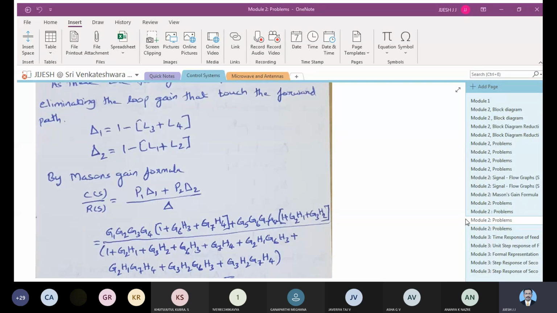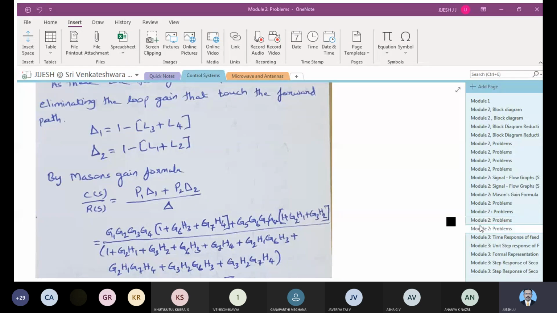Further on, you also found the equation for this problem, the transfer function, where you found that the paths P1 and P2 are available, and 4 loops were possible, non-touching loops. When 2 are taken at a time, 4 combinations were there. And once you've done all these 3 steps, I don't think you will make a mistake in this problem.